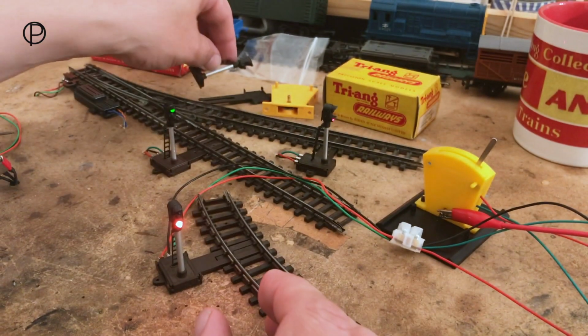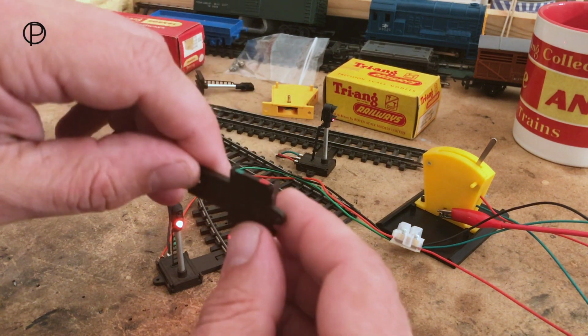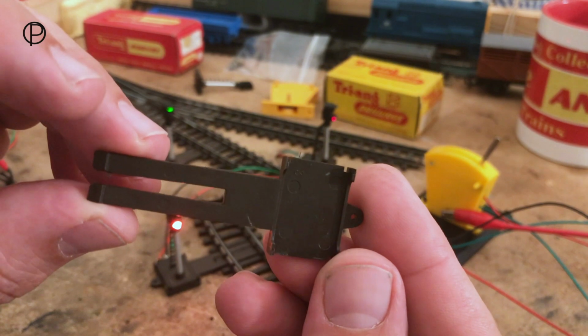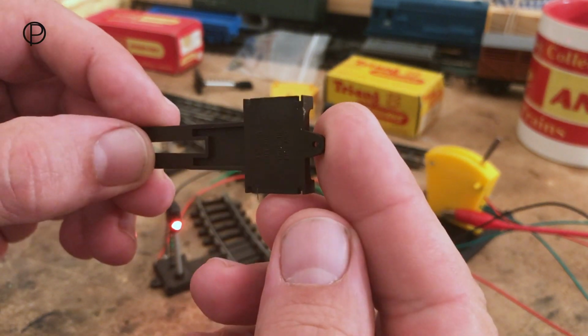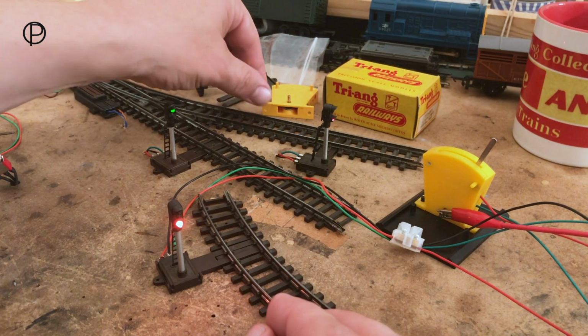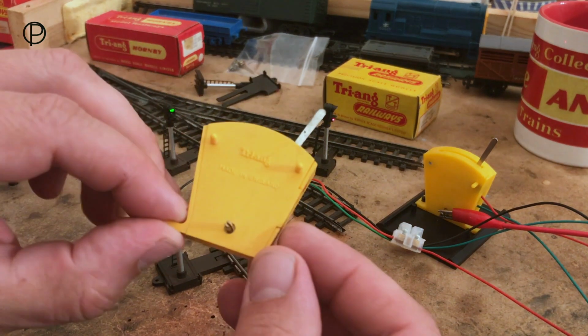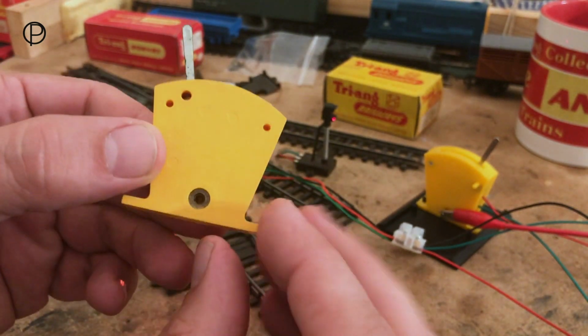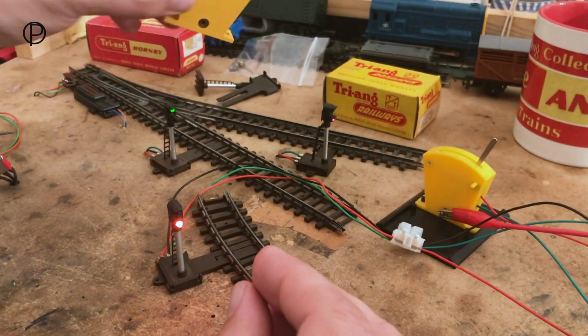So you've got one of those, and then we've got the clip fit accessory there, and that will just clip into the track, and the signal will just sit onto that, and you get the yellow lever frame switch, and that's just an on-on switch. So we'll just put that to one side,